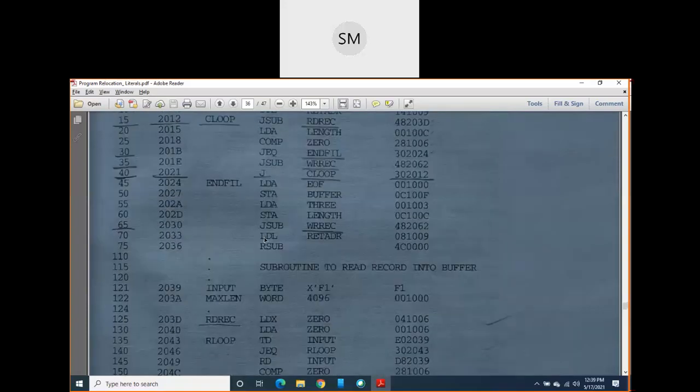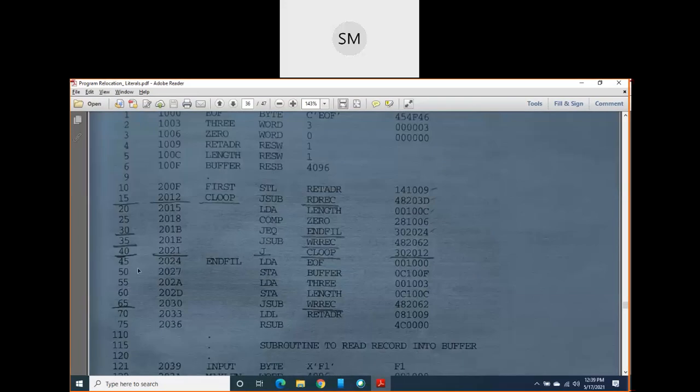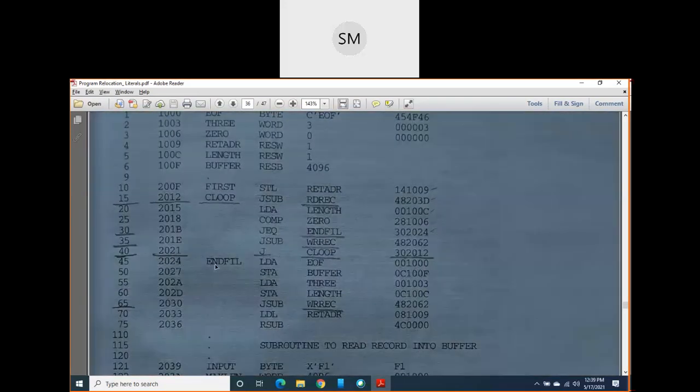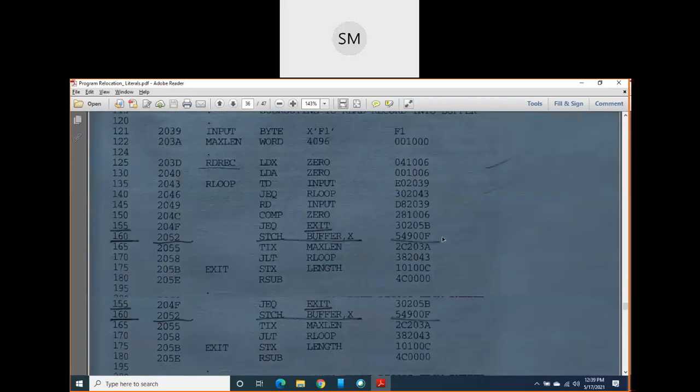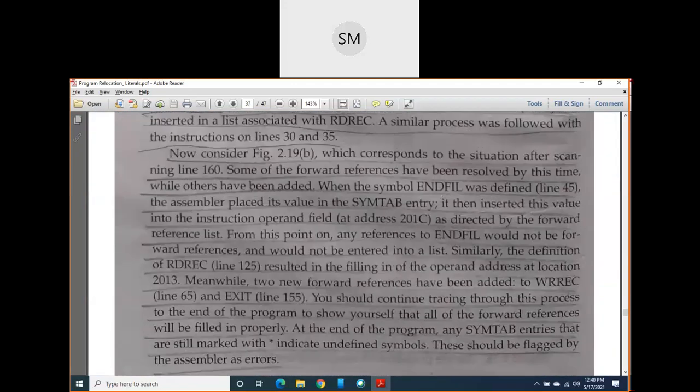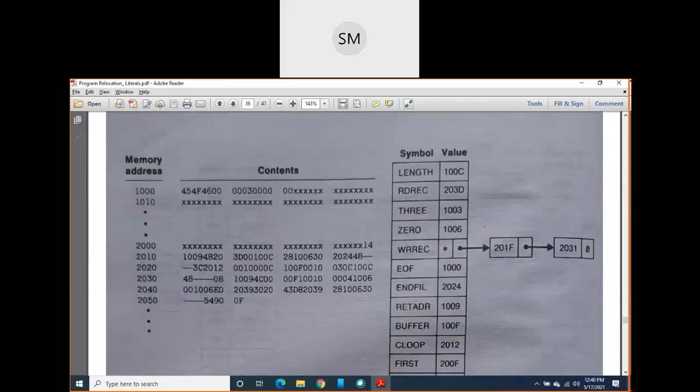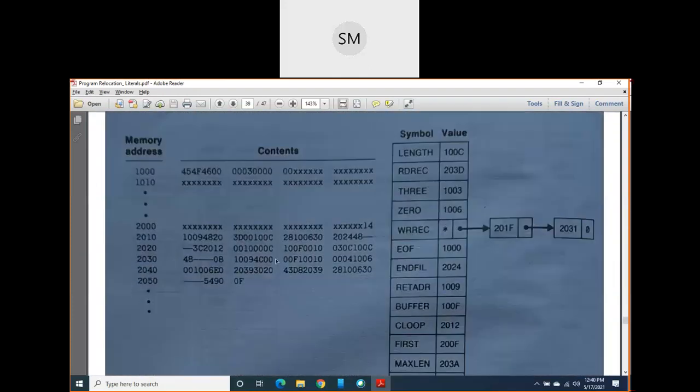Don't worry. When you come to line number 45, you will come to know the definition of end file. This end file you had marked as undefined, no? Now you got a definition of end file. Its address is 2024. So you go to that diagram immediately and continue it here like this.